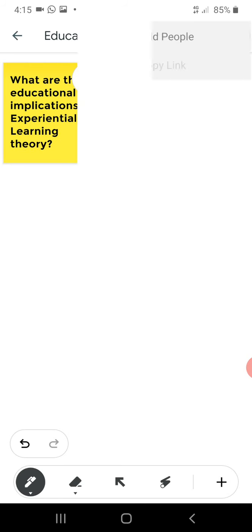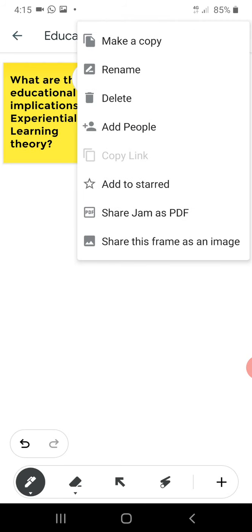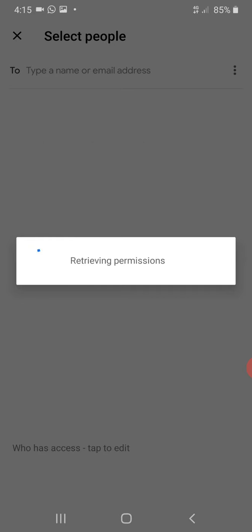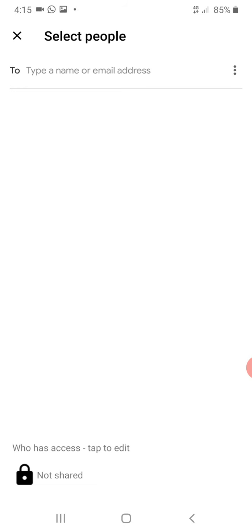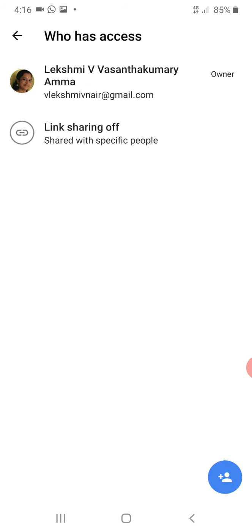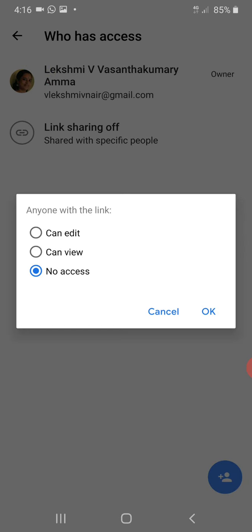By clicking on the three dots, we can add people to this Jamboard. We can add people either by giving their email address, or we can tap at the bottom to edit. Here the link sharing is off, but we will turn on the link sharing, and while clicking on this, you can see there are three options: can edit, can view, no access.